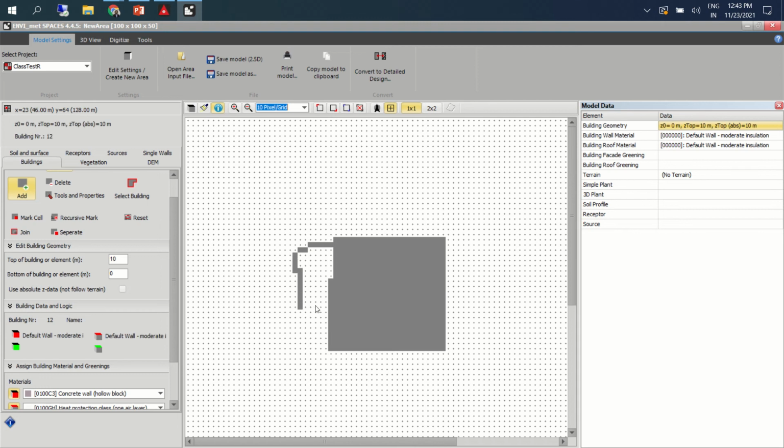Suppose if you made some mistakes, you can go here and click on the delete option and you have to redo it.